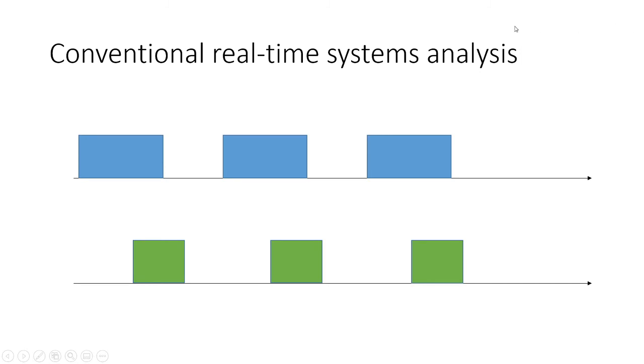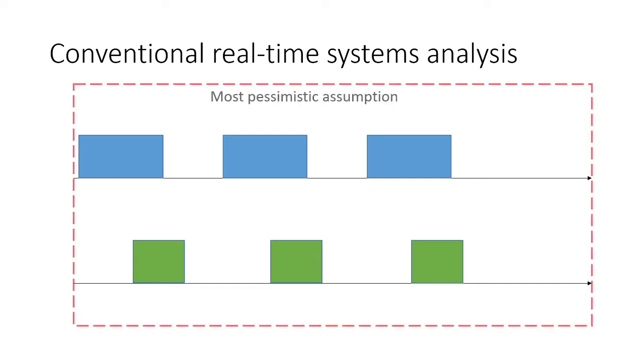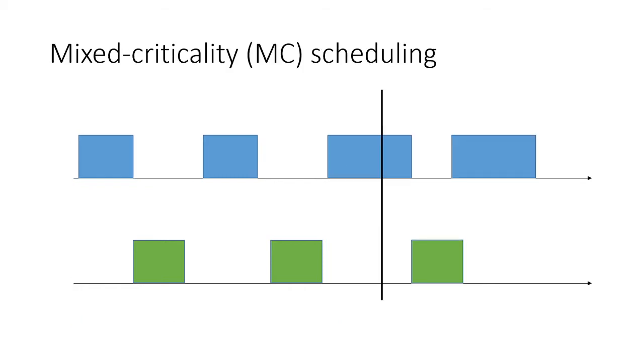In conventional real-time system analysis, each system parameter is specified with only one estimate. That must pessimistically cover the worst case. It requires high capacity of resource and platform. In other words, it leads to utilization waste in actual runtime. So, mixed criticality has been proposed to reduce such pessimism.